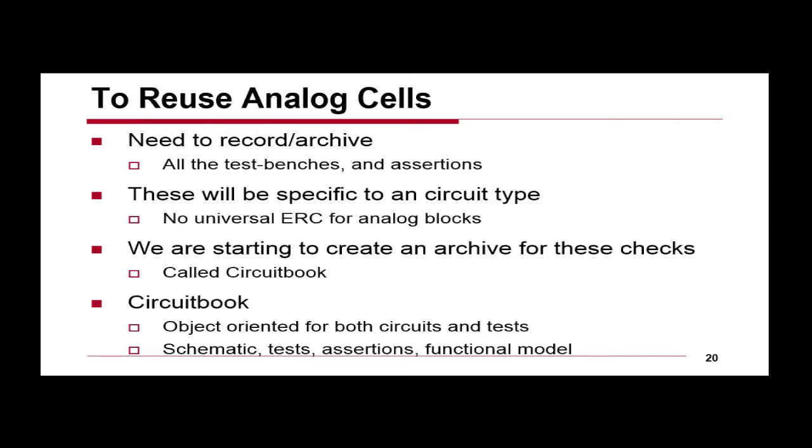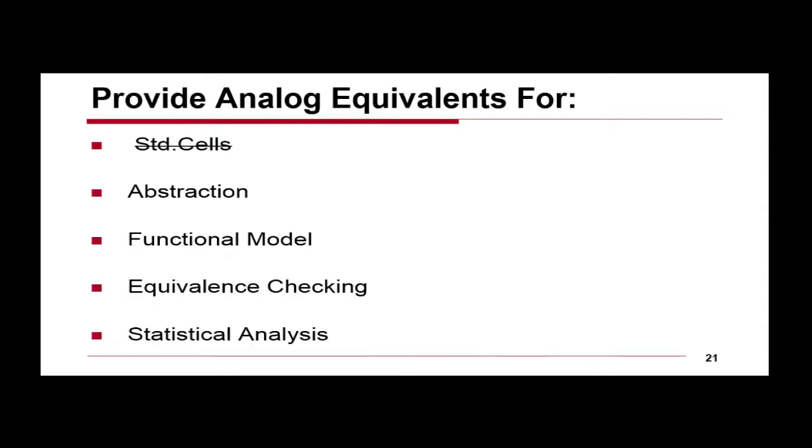So the whole point here is to try to reuse checks so that when someone comes up with a new circuit, you don't have a new designer making an old mistake. Because the checks that were done to catch that old mistake are still present in the check file, even if you do a new schematic. Does that make sense? So I think if we do that, we will get effectively analog cell reuse or design reuse, which is really what standard cells are about.